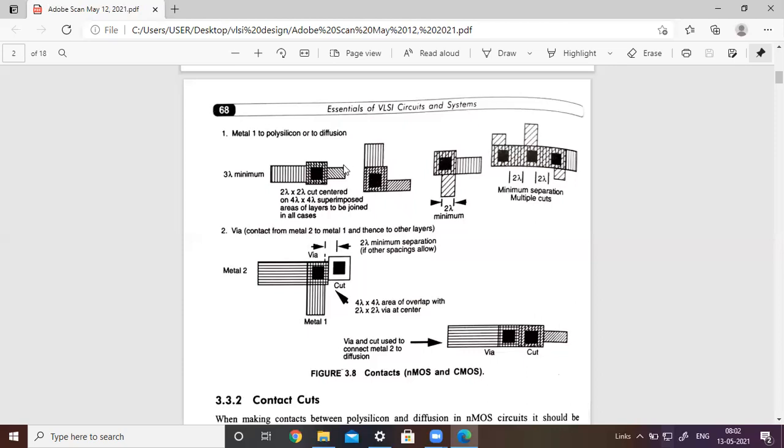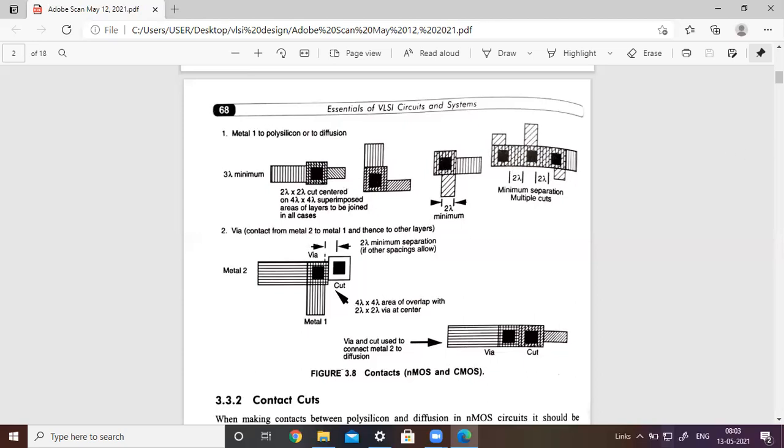And the main important thing, the hatchings you also have to take care of here. So this is the hatchings of the N diffusion layer. This is the polysilicon layer. This is the hatchings of the metal 1 layer. So these hatchings must be placed inside the 4 lambda into 4 lambda cut. Similarly here also, the same hatchings will be. There is overlap of the hatchings. That is about the different types of cuts in this case.